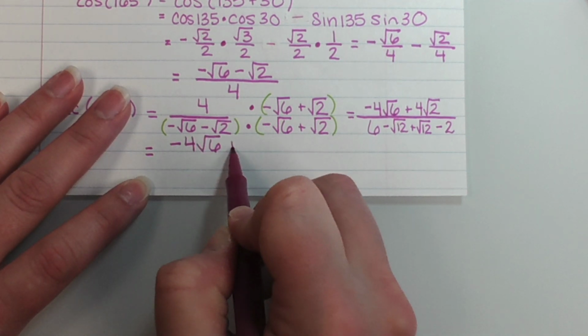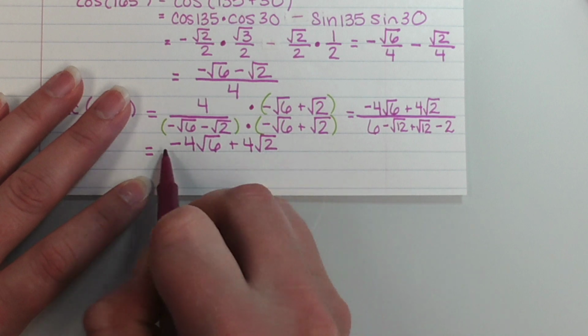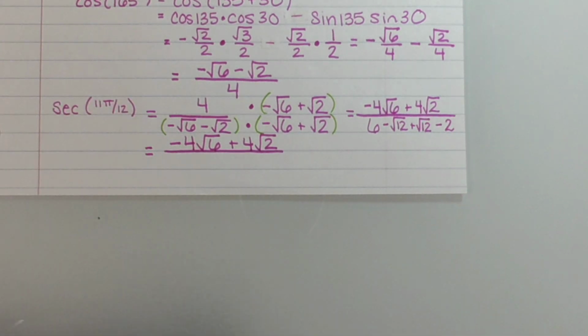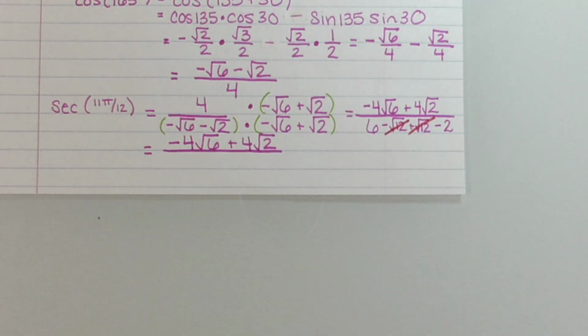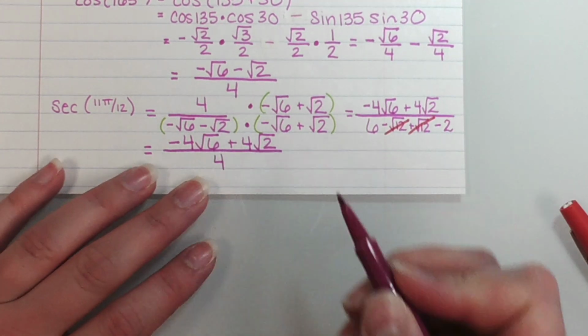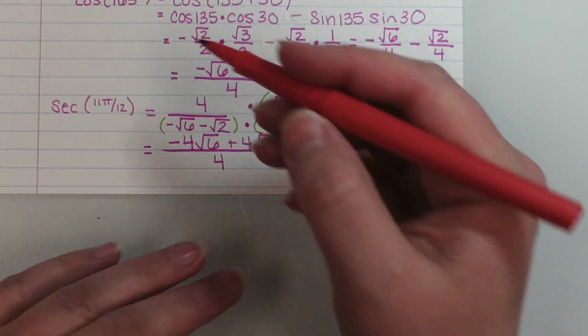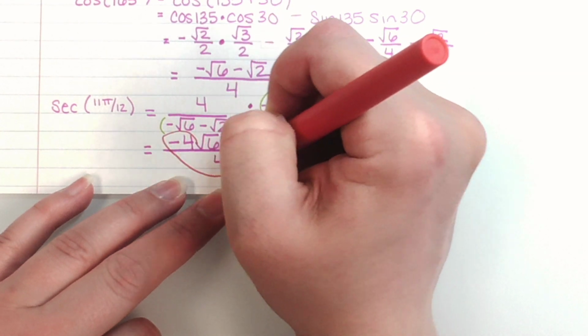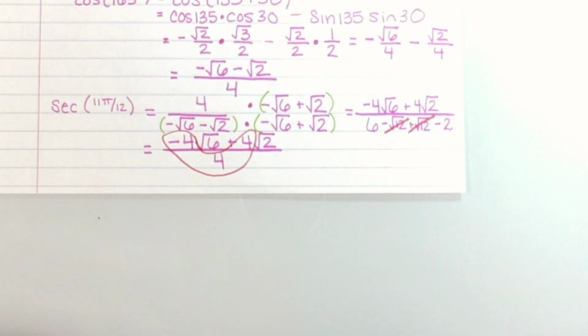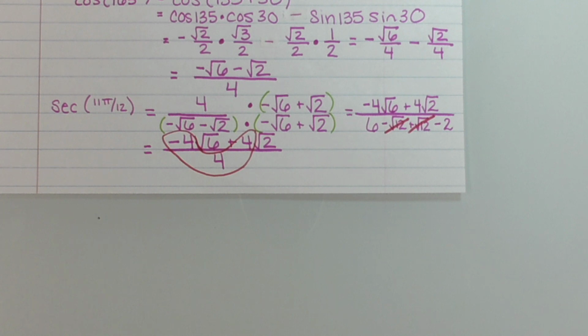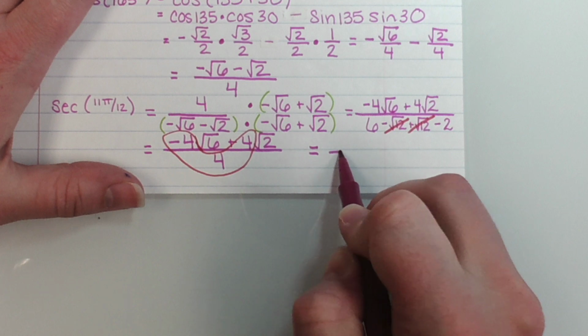I didn't do the canceling right away, so I'm going to do that now. And I get 6 minus 2, which is 4. Can I simplify? If all of those integers, there's an integer in front of every square root, whether you see it or not, they all divide by 4, giving me negative 4